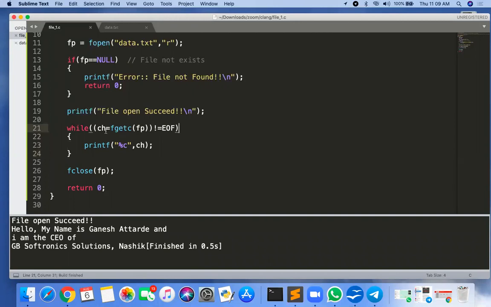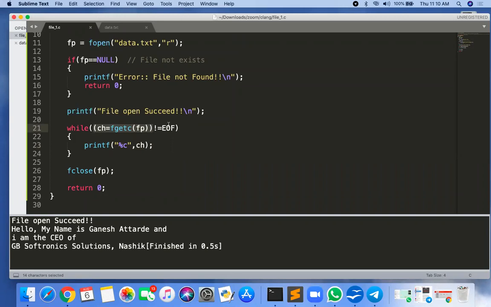Okay, so while ((ch = fgetc(fp)) != EOF) { printf("%c", ch); }. So the 3-4 lines I have reduced into a single line only. First you read fgetc into ch, and whatever ch you are comparing with EOF.